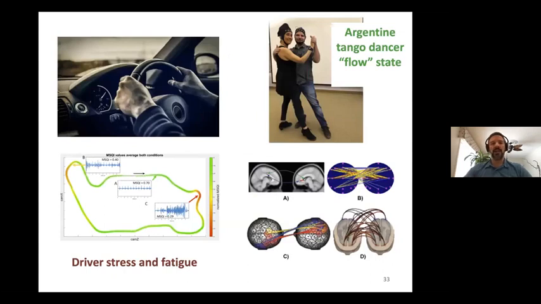More recently, we've also started looking at monitoring, for example, drivers with sensors embedded directly on the steering wheel. So here we can track heart rate and breathing rate through these sensors. And from that information, we can monitor, for example, driver stress and fatigue. And now you can map that information directly, for example, if you're driving a circuit, you can see that the person is mostly stressed when hard curves are coming up and they're having to do this at a certain speed and so on. So it tracks more or less how the driver information is changing over time.